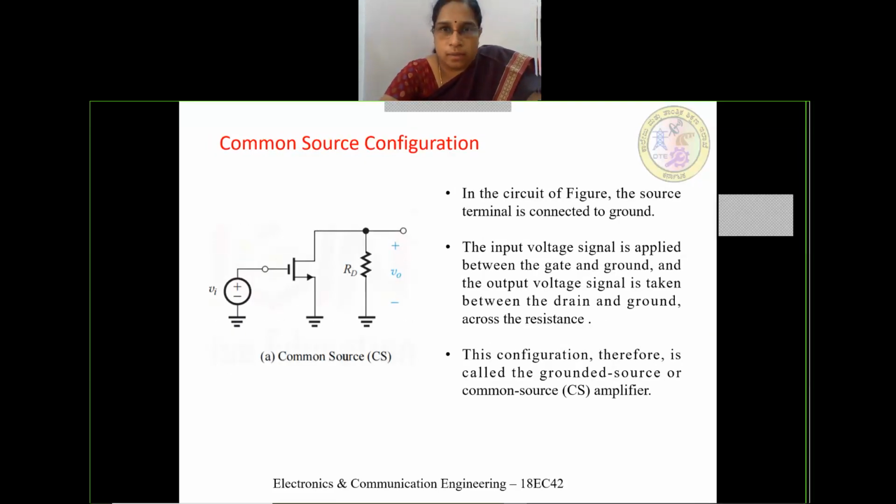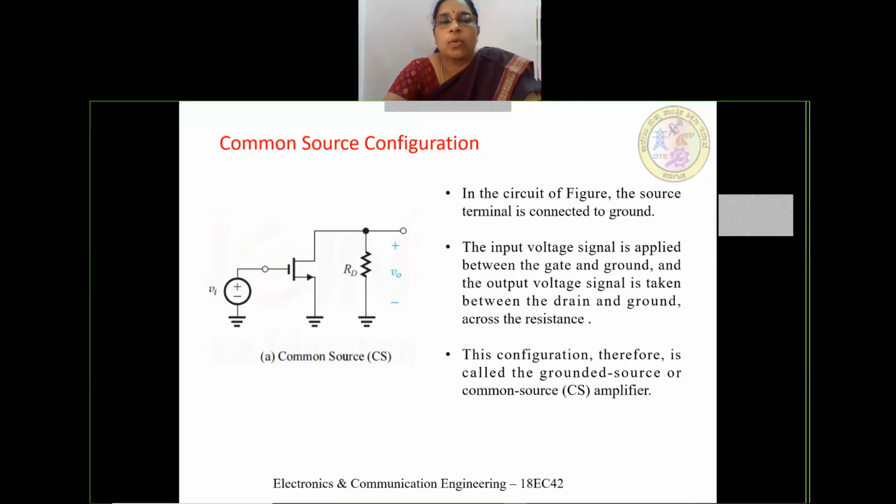As you can see in the figure, it is a common source configuration. As the name itself indicates, source is the common terminal. Here the word common means it comes as a common terminal between input as well as output. So the source terminal will be connected to ground as shown in the circuit diagram, and while measuring the input it will be considered, and while measuring the output it is also considered. Whenever measuring the input, the input signal will be applied between gate and the source, and the output will be measured between drain and the source.